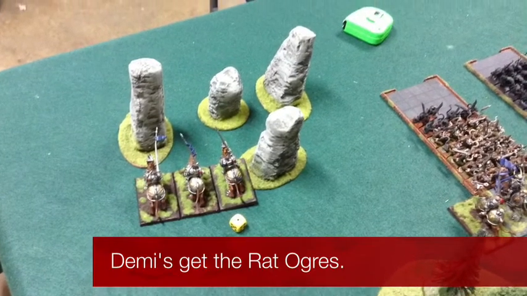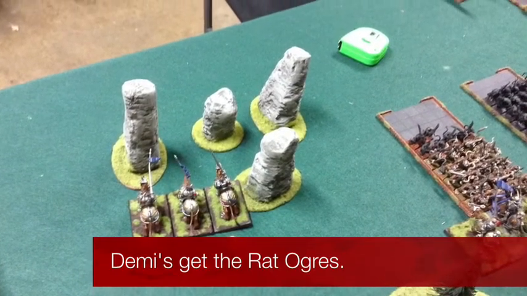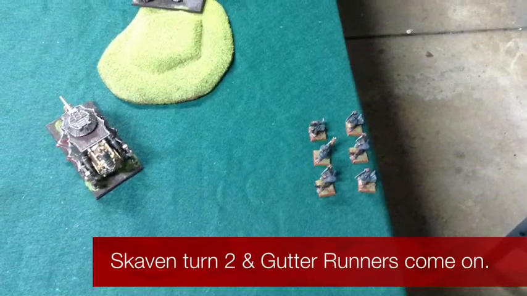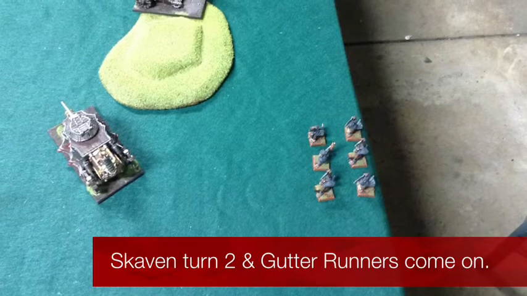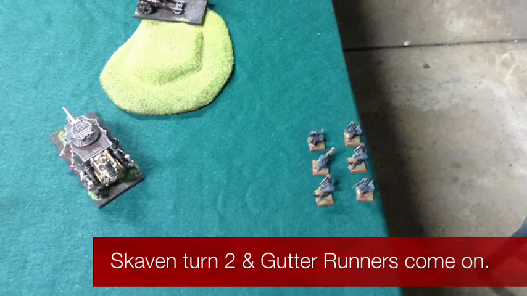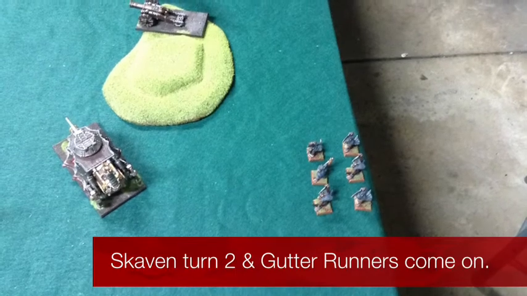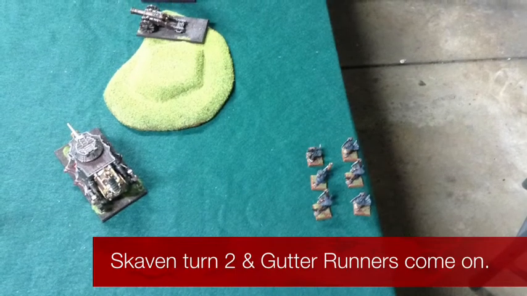Yeah, so the Demis take care of that rat ogre conga line that's over there on the side, and it moves over into his turn. And the big news is his gutter runners come on board. One right behind, you can see the cannon on the top and the steam tank over there in the bottom. Come right behind them on my backboard edge, and then it gets over to his magic and shooting phase, and